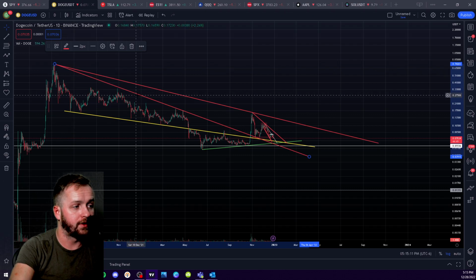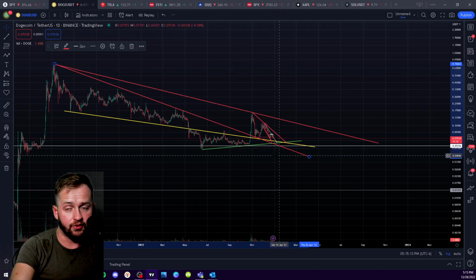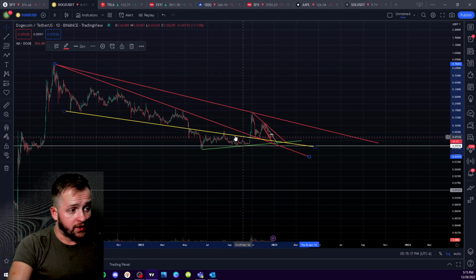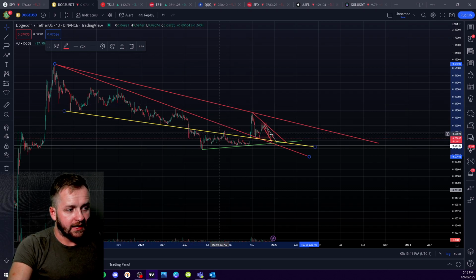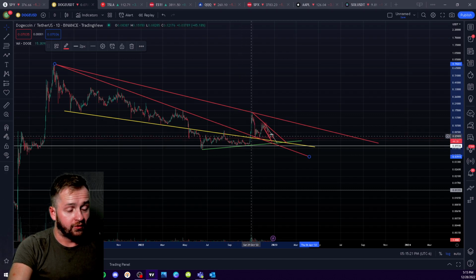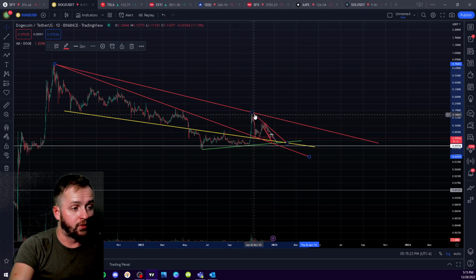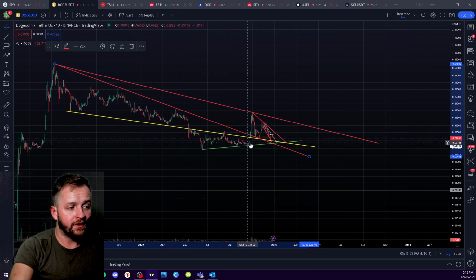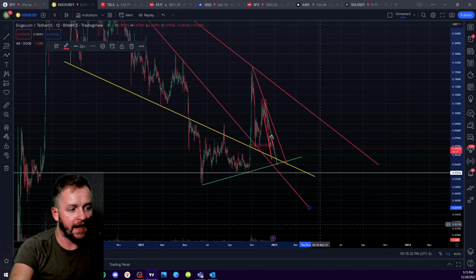So you see this macro downtrend here, the all-time downtrend. You have this support trend back here with a bunch of touches on it, some rejections back here, rejection, support. This is where you really knew that you were going to get a big rally when you broke these two lines. And then you have this short-term support trend, right? So this area right here